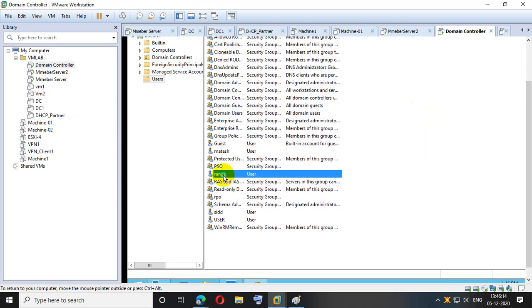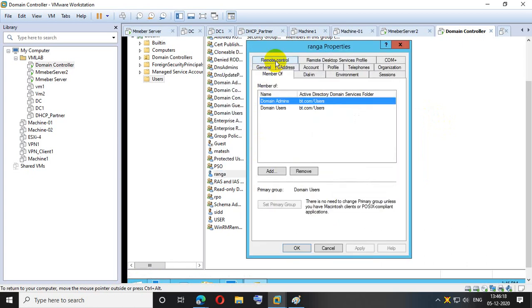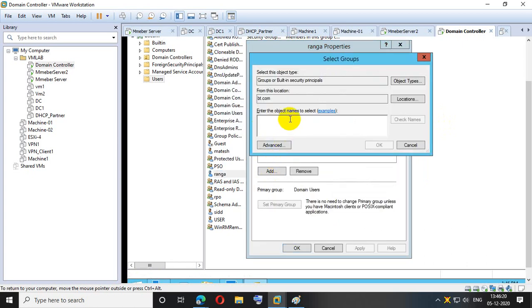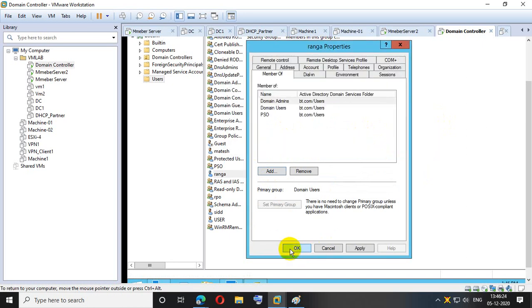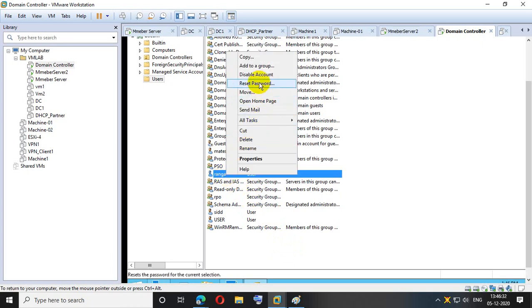Now I'm adding Ranga into the PSO group. Ranga is part of the PSO group. Perfect. Now I'm doing the same thing here.